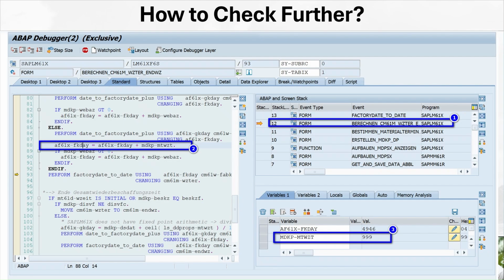In the next slide I will show you how to check further why the value 4946 appears. In the ABAP screen, you choose the form near the factory date to date. And as you can see, FK days plot good MTWZT, and you can see that this has the value 999. So we need to know the meaning of the variable